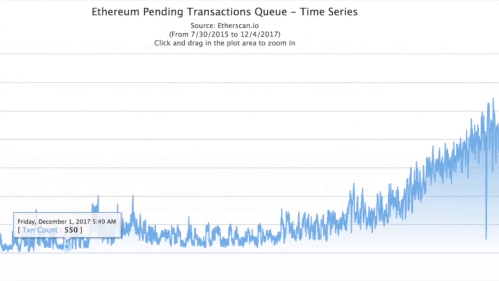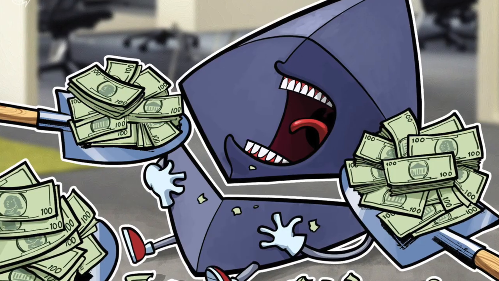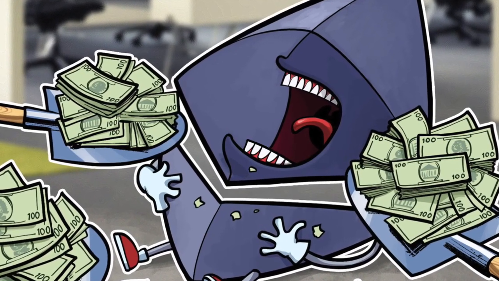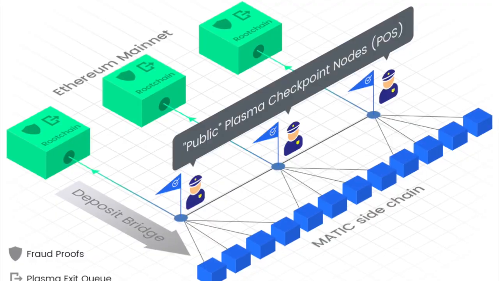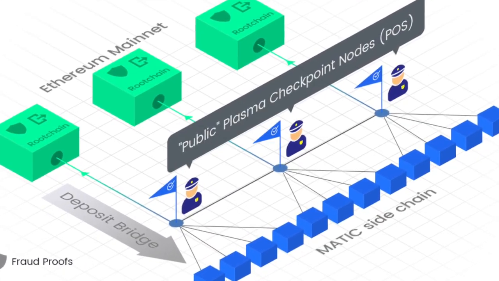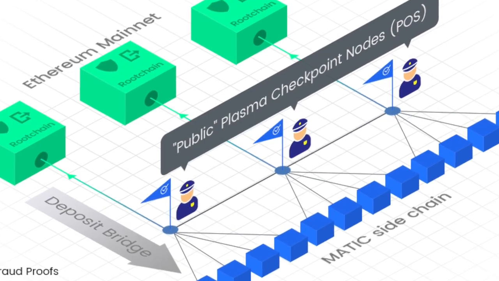It was founded by Jayanti Kanani, Sandeep Nailwal and Anurag Arjun from India in late 2017. Now the first question that comes to mind is why was Matic network created? Due to the growing demand on Ethereum network, there are high transaction fees or gas fees, making it almost impossible to use decentralized applications built on Ethereum for everyday use. Matic aimed at solving Ethereum's scalability problem by offering Matic Plasma chains as a layer 2 solution.